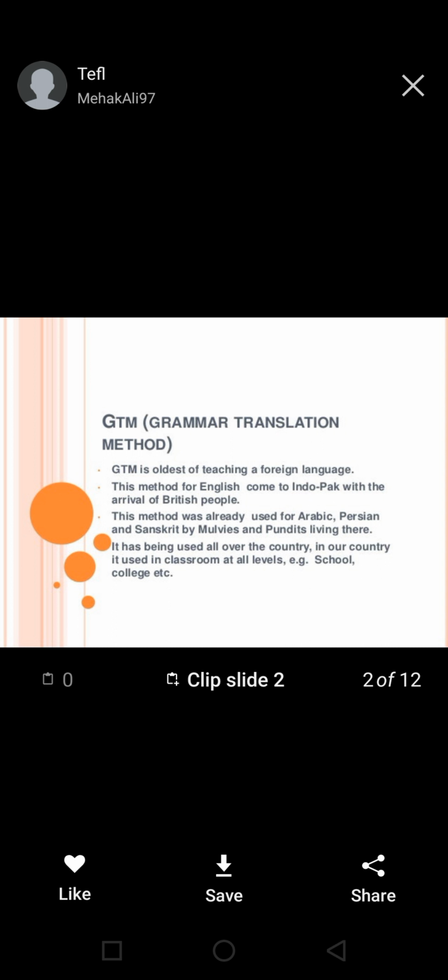Before the British people came into India, the people who lived there were Muslims and Hindus. So they used to use this method, GTM method, for Sanskrit and Persian and Arabic. So it has been used all over the country, in classrooms at all levels, for example schools and colleges,